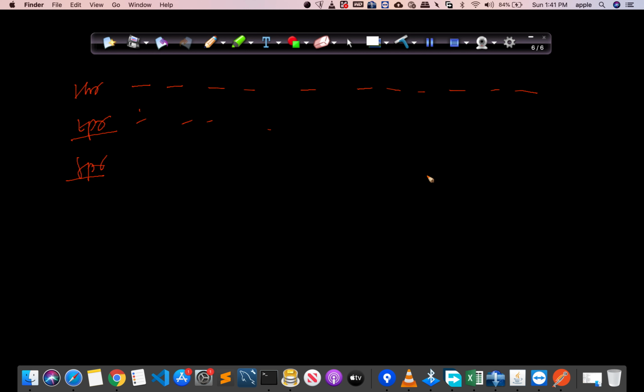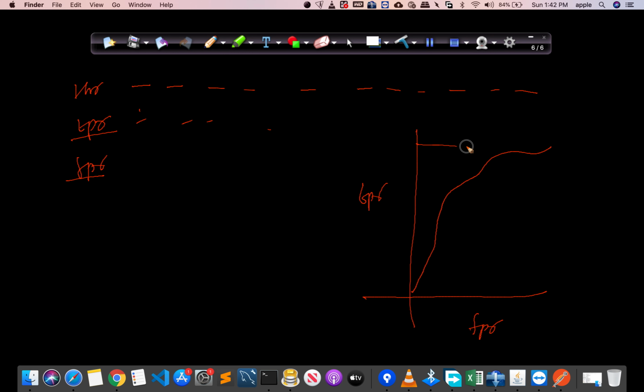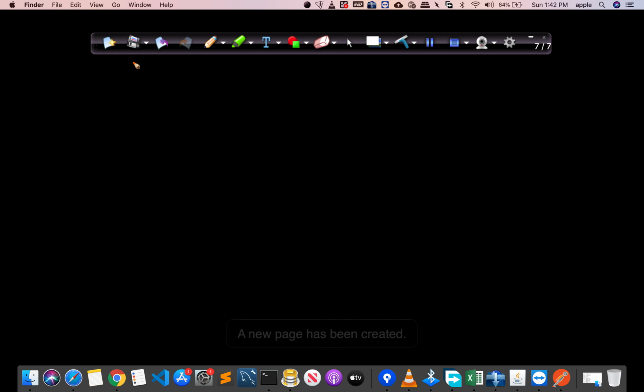After getting all these values, we have to plot a graph of false positive rate and true positive rate, and we will get a graph something like this, or any graph. It will depend on the data and the training that you have done. Now once we have this graph, I will show you how to interpret it.